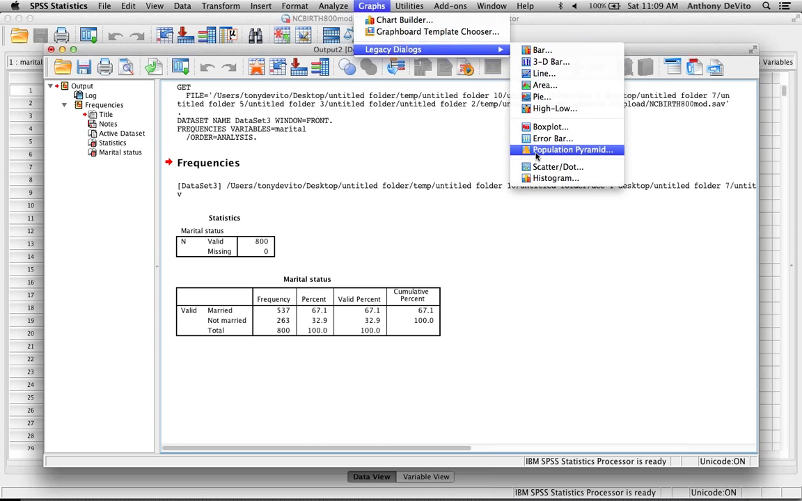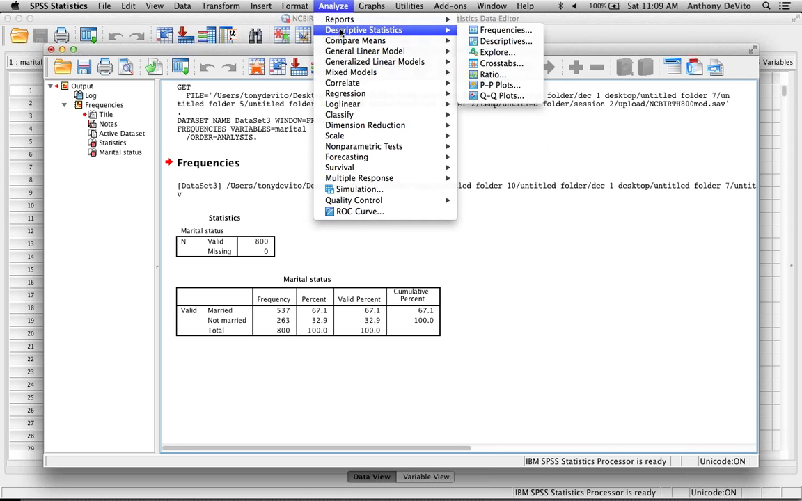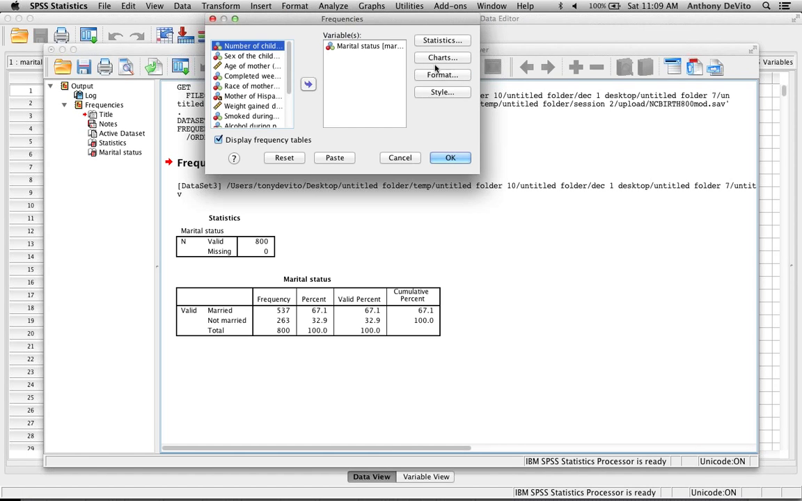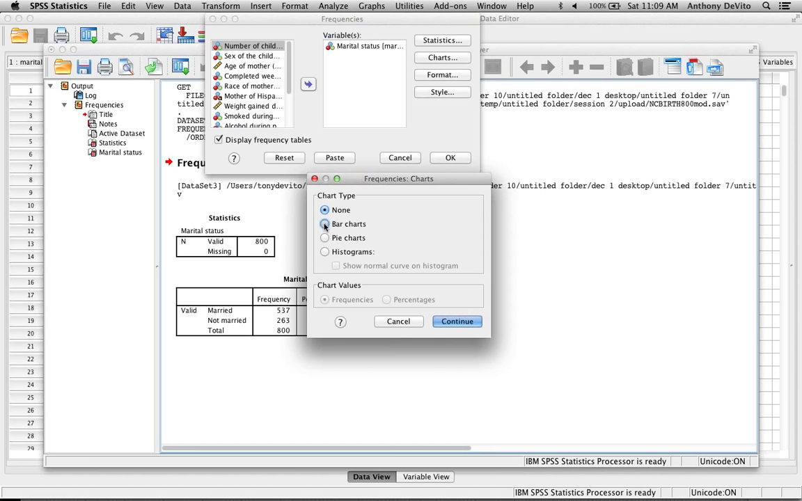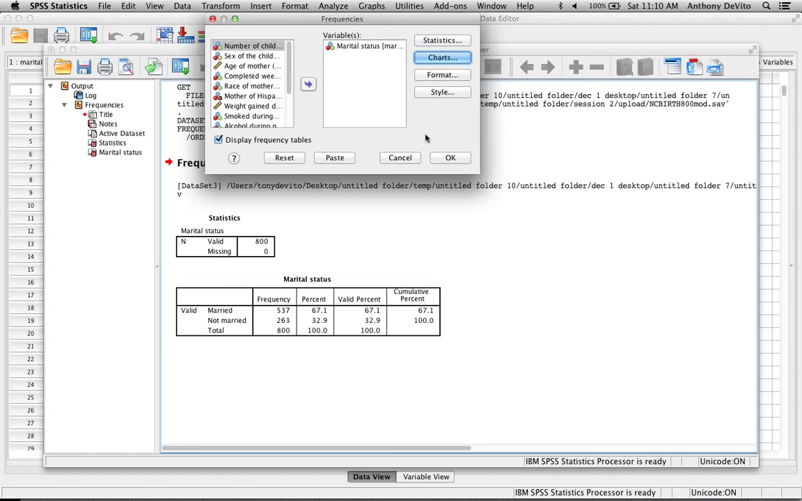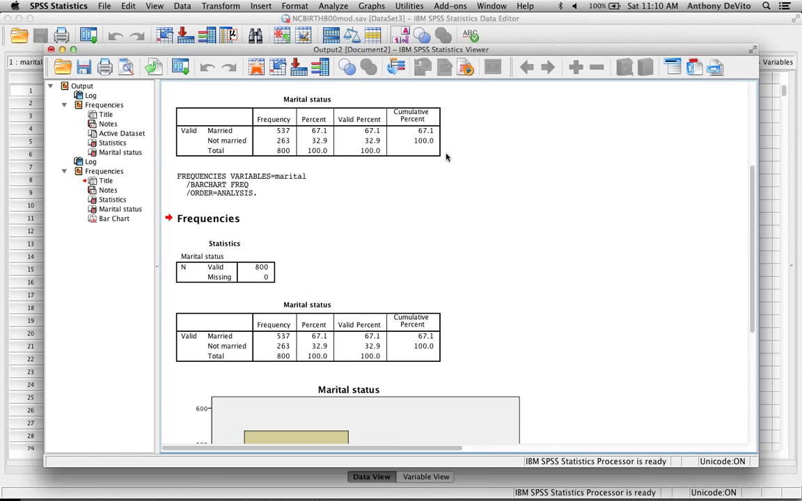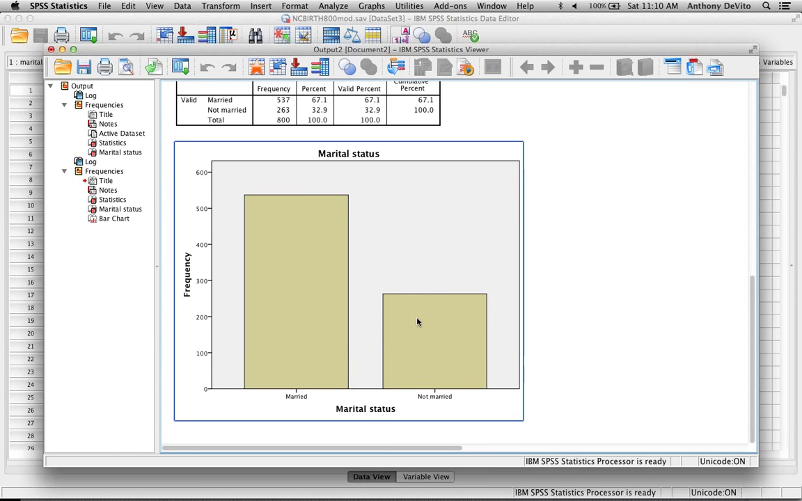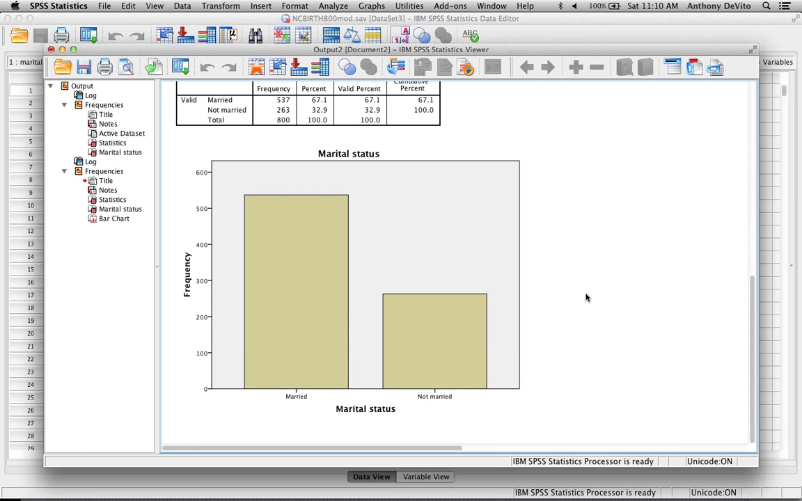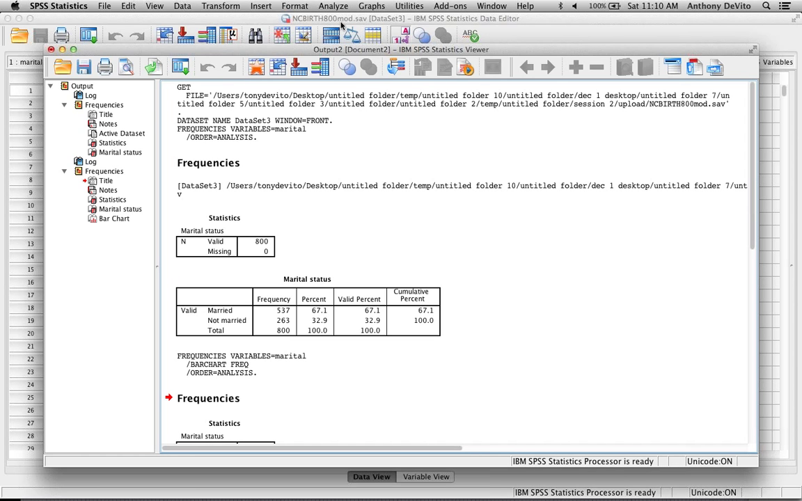in here, legacy dialogues. Actually, let me see if I can do it from analyze. Frequencies, charts. Let's do a bar chart. A bar chart would be a histogram because we're not talking about a numerical variable. It'll give me the data I just got, plus a nice bar chart so I can see relatively how many married versus unmarried mothers there were during that period in North Carolina. So that's a good use of the frequency